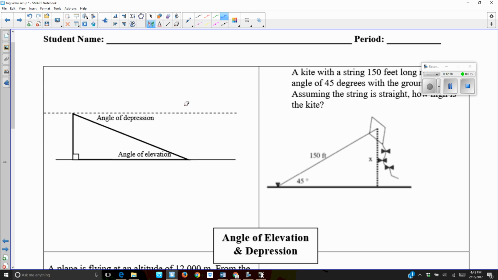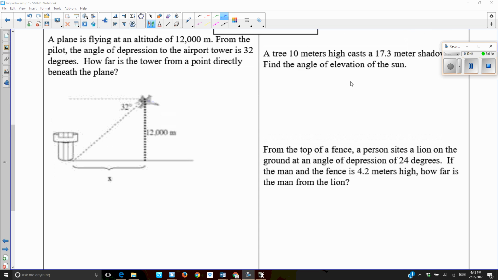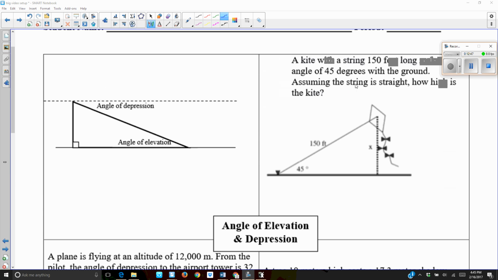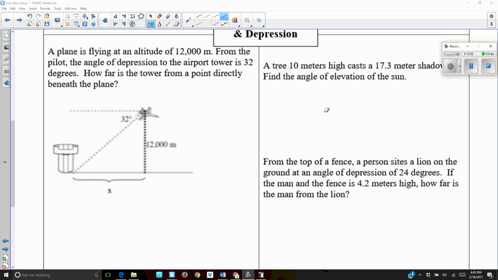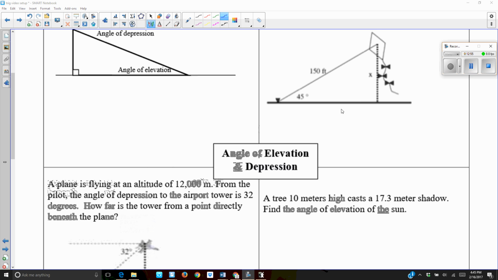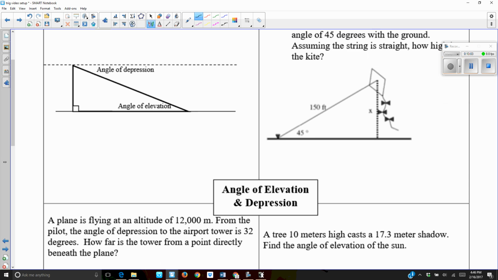All right, so finally, word problems. All right, so a really quick instruction on how to do the word problems. If you need further explanation, you can come see me after school sometime. But essentially, when we're drawing these triangles, the one that's drawn in this picture is fine. But generally in class,